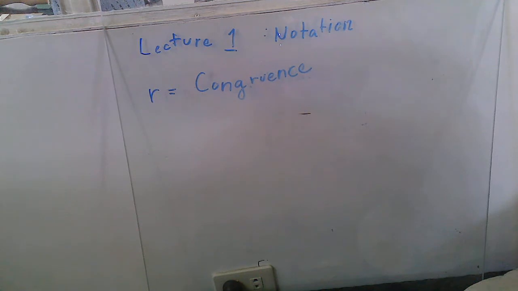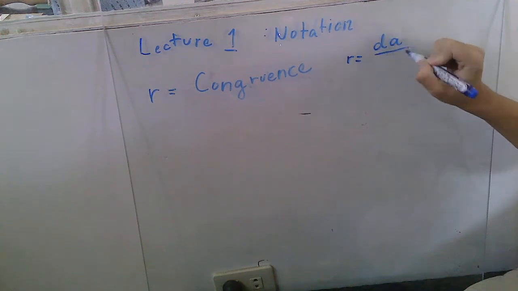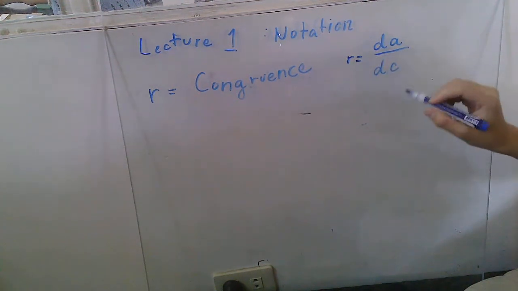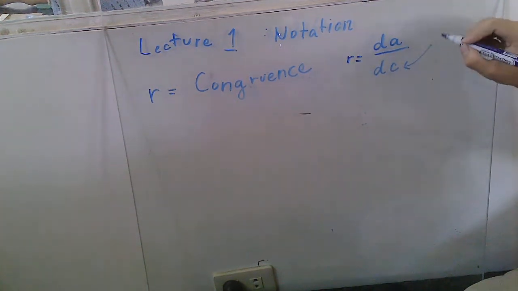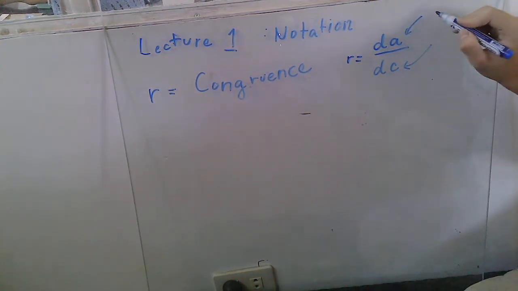R is also the rate of change of the appearance with respect to the condition. So R is dA over dC. If C is not a function of F, but rather is its own function, and A is a function of C,